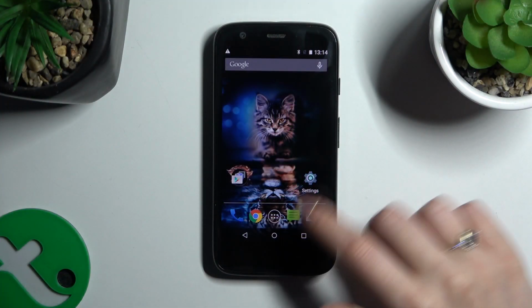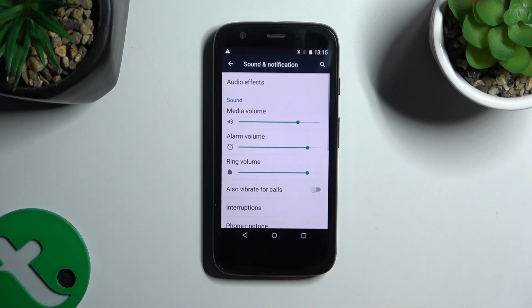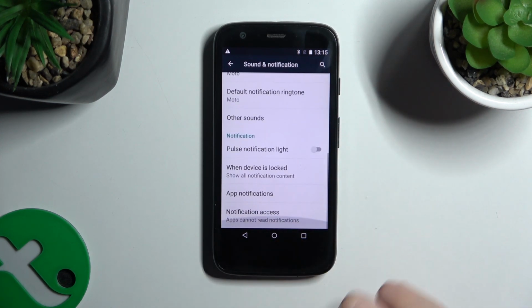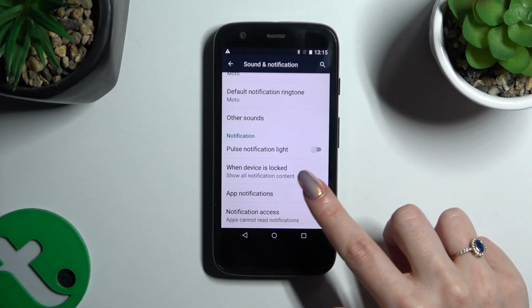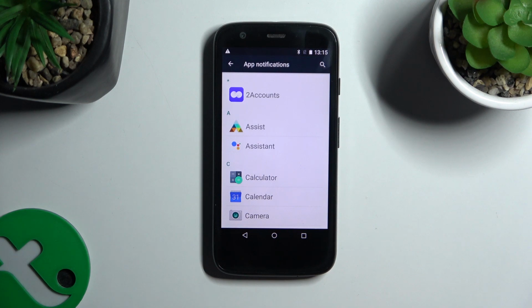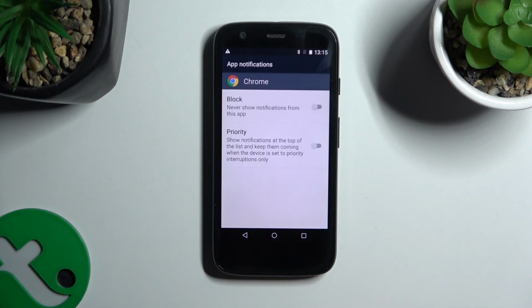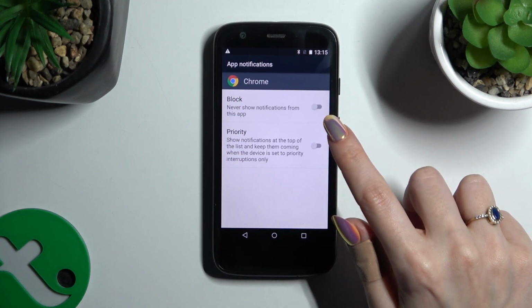You need to begin by opening Settings and tapping on Sound and Notification. Then scroll all the way down and tap on App Notifications. Finally, click on one of your apps from which you want to block all notifications and click on gray switcher